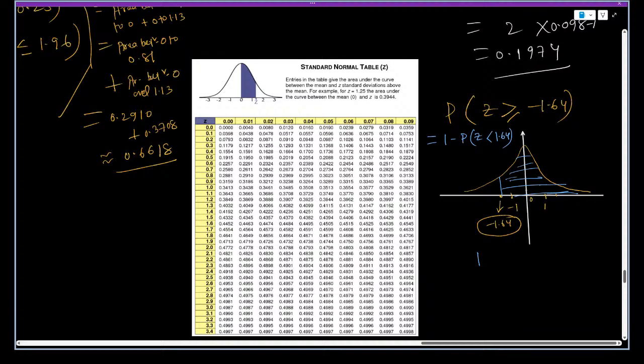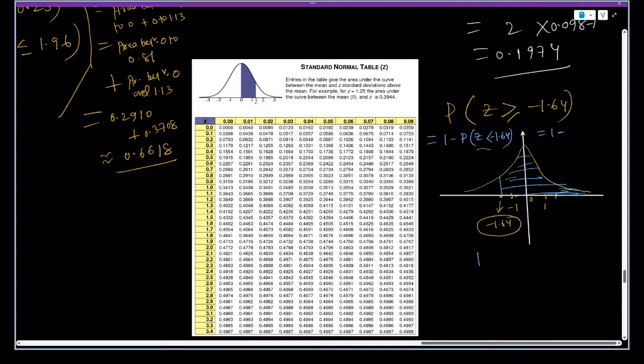Just try to understand. P(Z < -1.64). P(Z ≥ 1.64) means 1 - P(Z < 1.64). Now P(Z < -1.64) and P(Z > 1.64) have the same value. So this you can write as 1 minus,